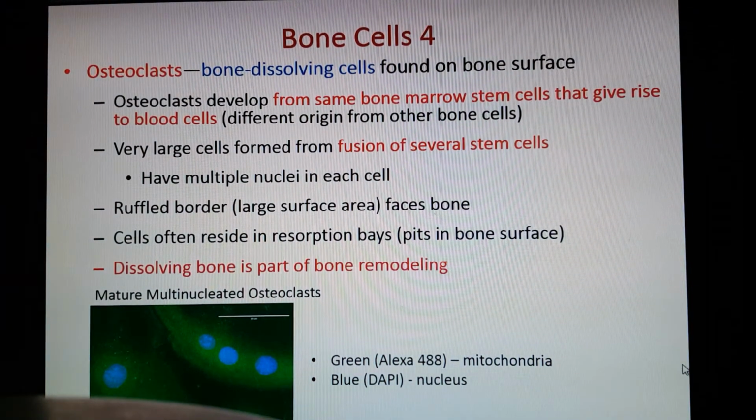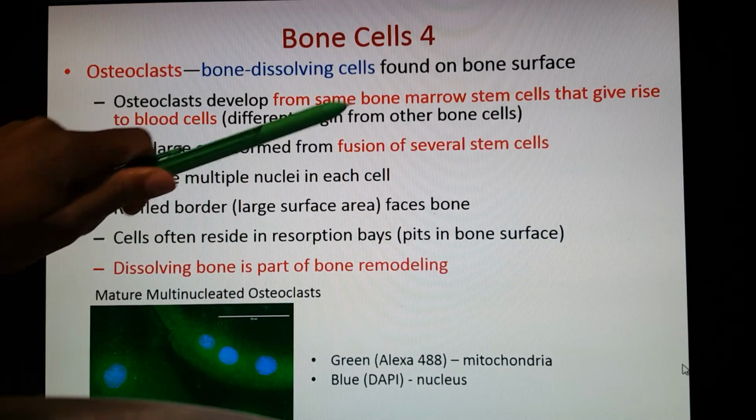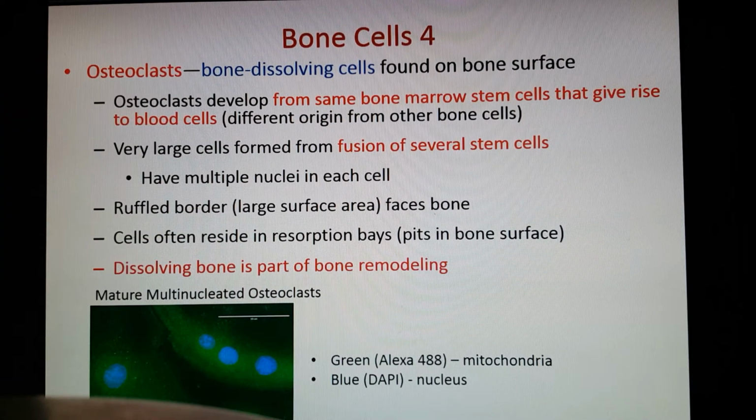Next type of bone cell are your osteoclasts. So these are our bone dissolving cells, so they're going to dissolve or get rid of some of the bone, so unmodel it, so break it down. Your osteoclasts actually come from a different type of cell than your osteoblast. So they come from bone marrow stem cells, and they're very large because they're a fusion of several different stem